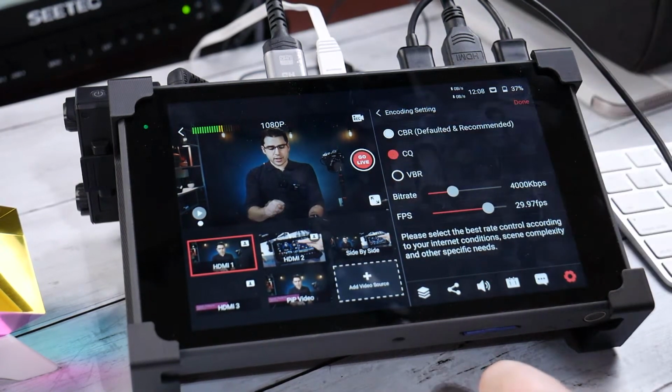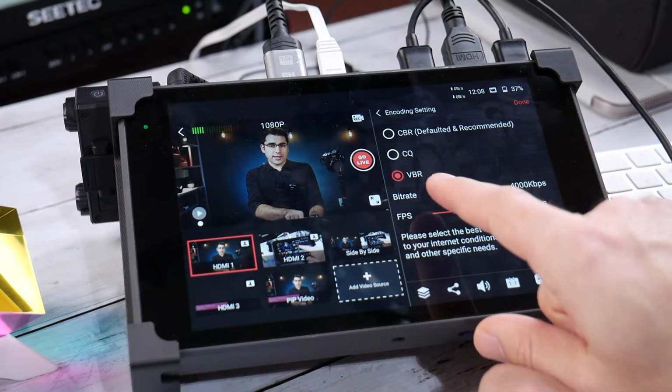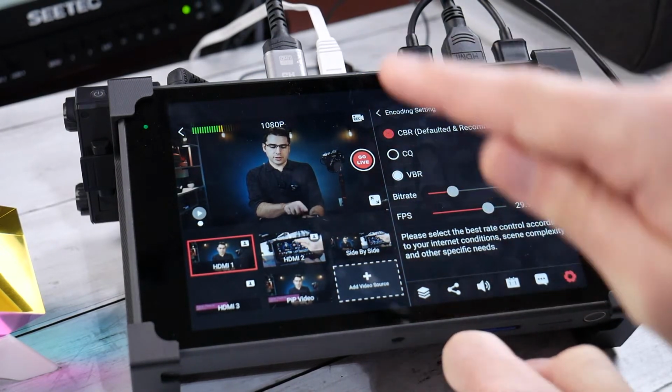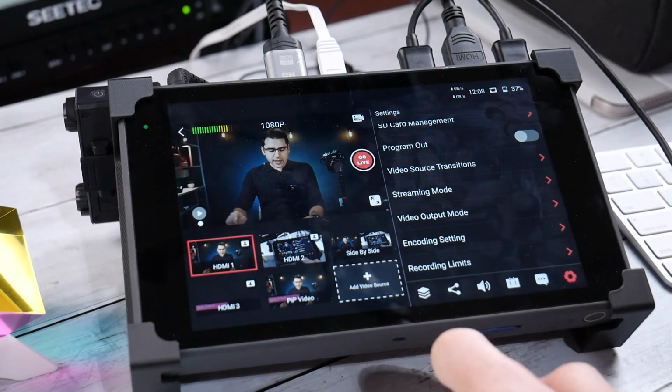You can change it to constant quality or variable bitrate. It used to be variable bitrate was the default. That was causing some problems with certain platforms. Certain platforms don't like variable bitrate streams, so you can change it to constant bitrate now, which is good. And then